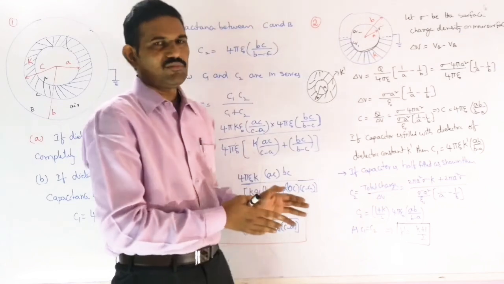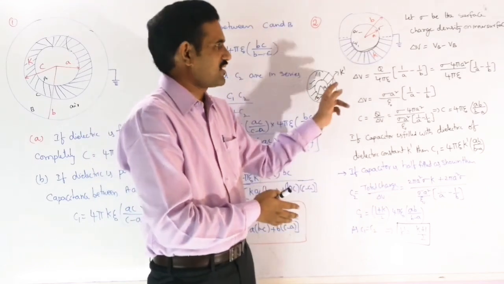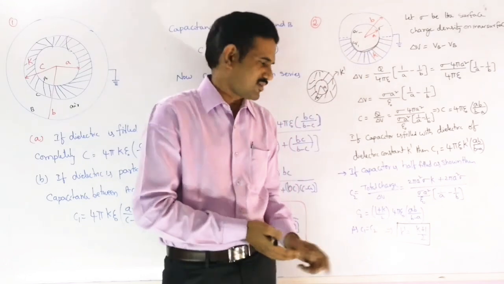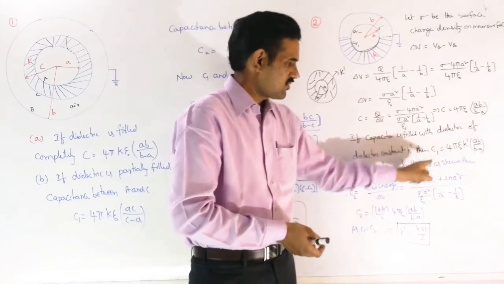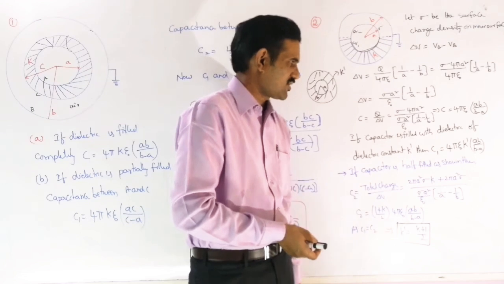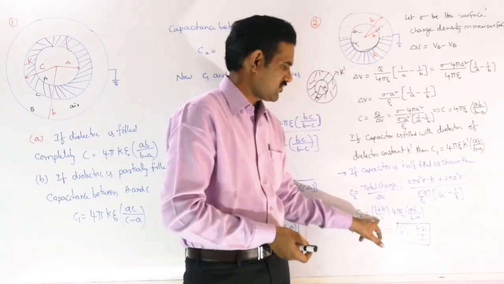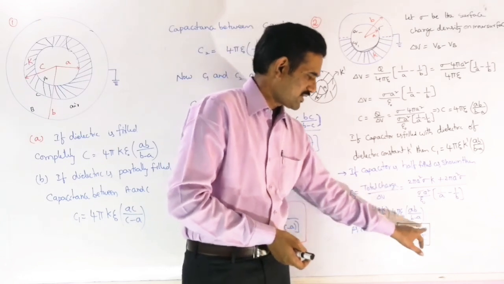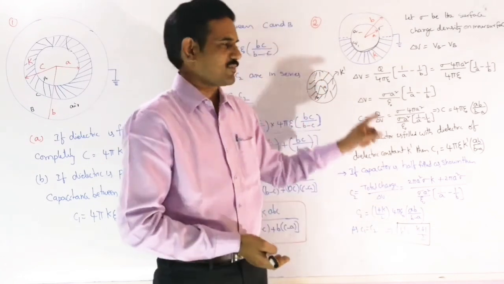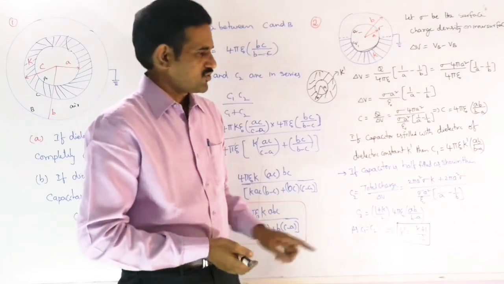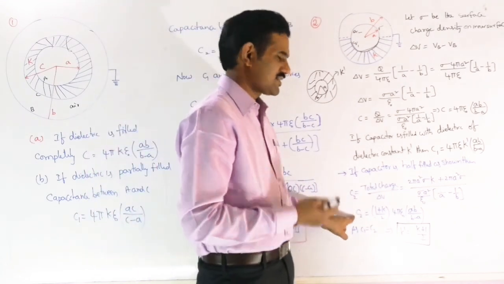Now in this problem, I am giving the condition that if these two cases are having the same capacitance, then K dash value I am asking here. So then C2 and C1 both are equal here. If C1 and C2 are equal, we can observe that this is nothing but our additional value here. That means this K dash value we can write as (K + 1)/2. That is the dielectric constant this dielectric must have. So this C2 calculation is important here.